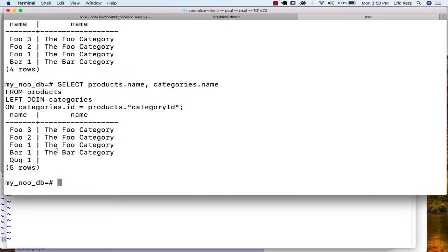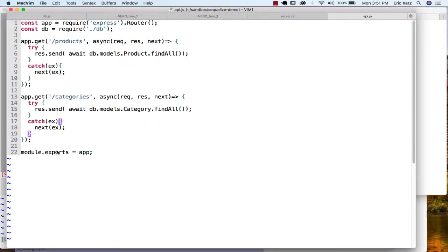Now, let's actually see how we can end up doing this with Sequelize. It's relatively easy. When we look at these models, let's start out by doing this one here. We do a find all. We have the ability to include another model. And we know that a product belongs to a category. So this takes an array, and we could say, well, the model that we want to include is going to be